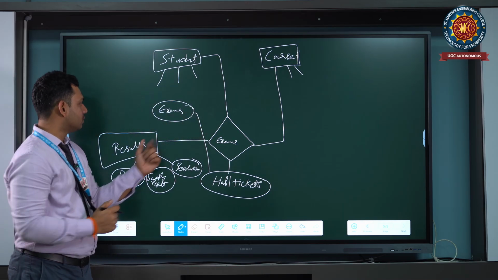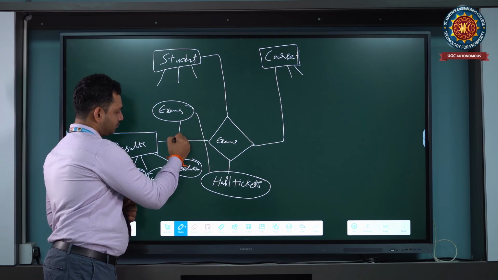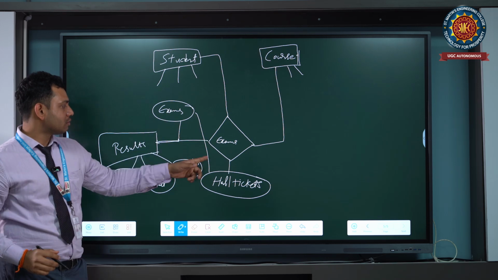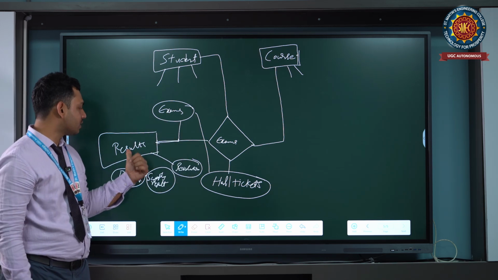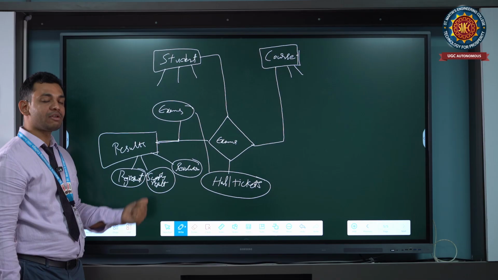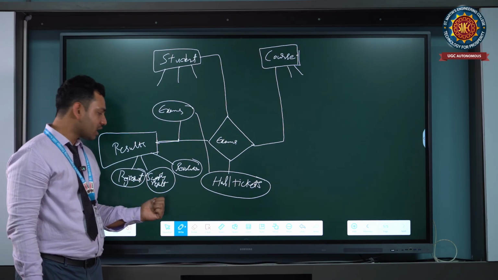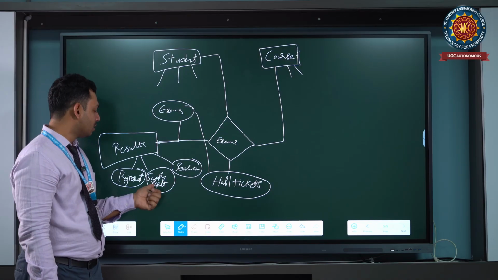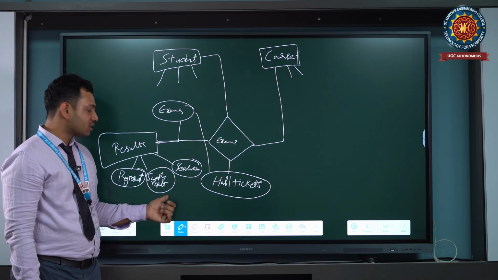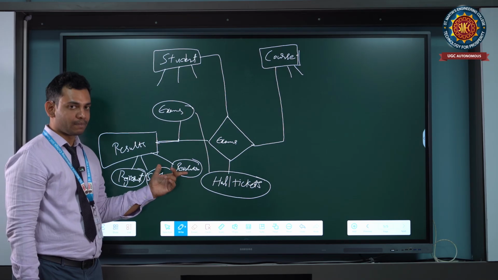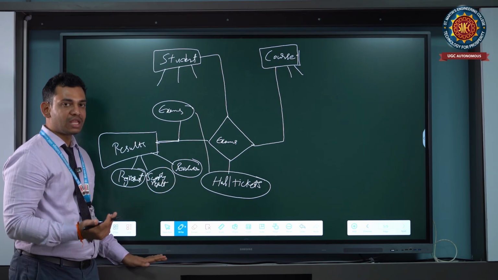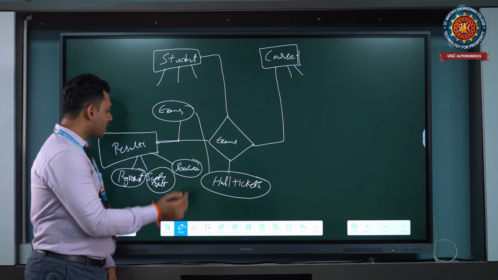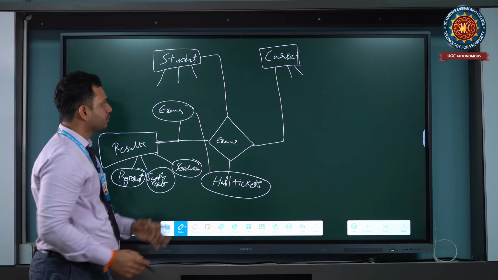And then results. After writing the examination, they get the results. In terms of results, they get the results at the regular time, and some people have their supplementary exams, for which they have the supplementary result, and then revaluation. If any student has any kind of objections over the result, then they go for revaluation. And next,